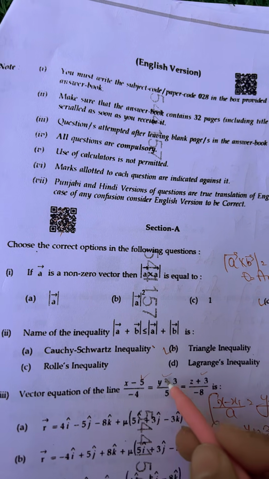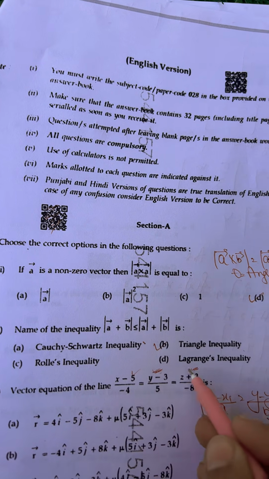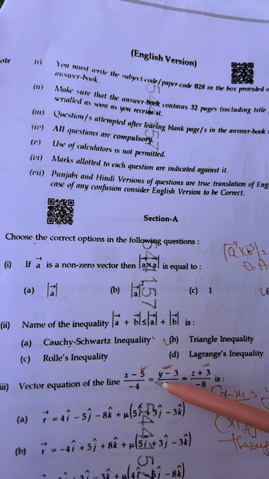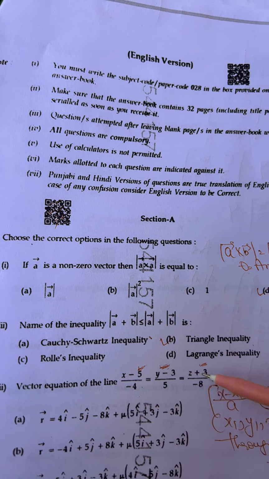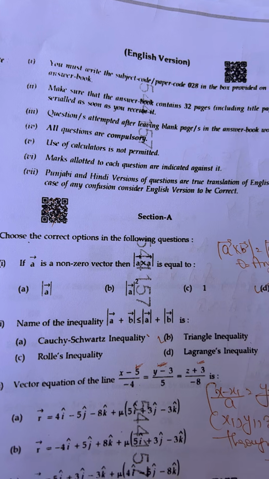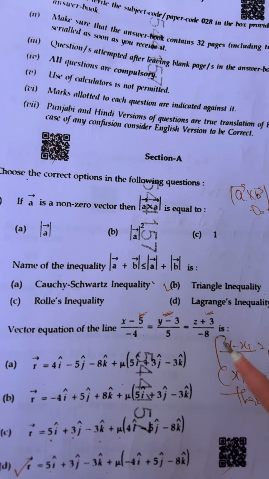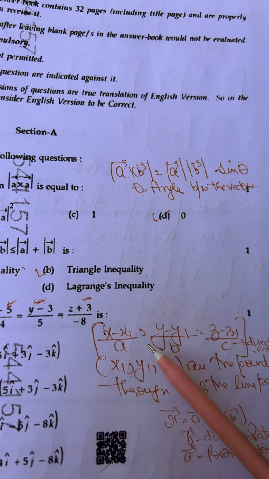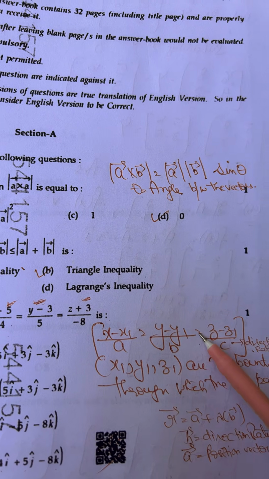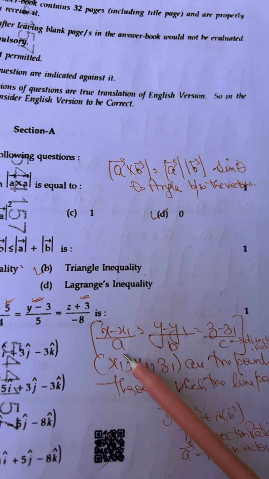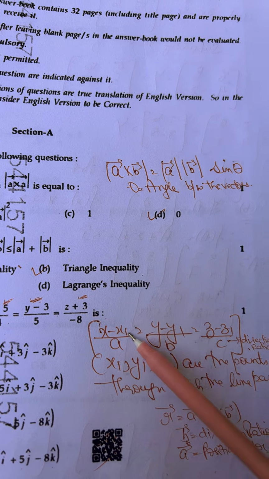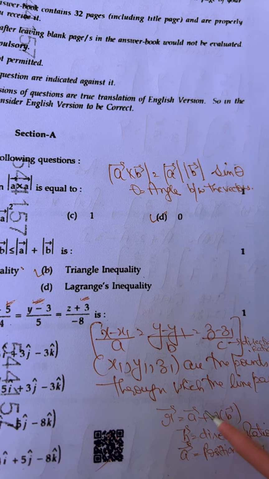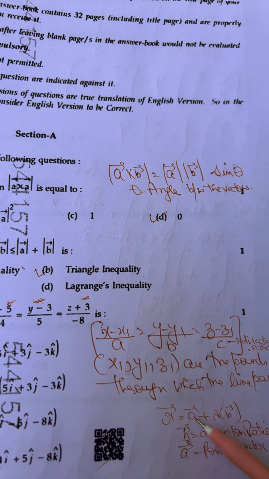Okay, next let's move on to question number 3. The vector equation of the line (x minus 5) over minus 4 is equal to (y minus 3) over 5 is equal to (z plus 3) over minus 8 is... We have to write the vector equation, and we will compare this equation with (x minus x1) over a is equal to (y minus y1) over b is equal to (z minus z1) over c, where a, b, c are the direction ratios and x1, y1, z1 are the point through which this line passes. And we have to write the equation in the form of r vector equals a vector plus lambda into